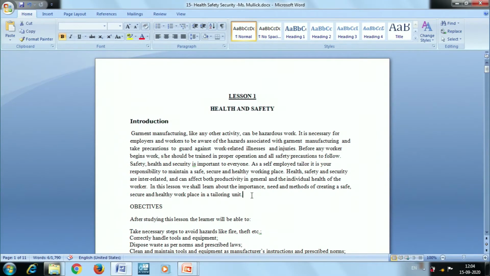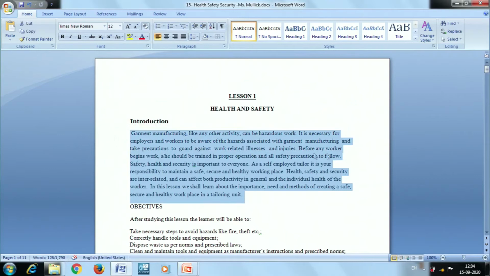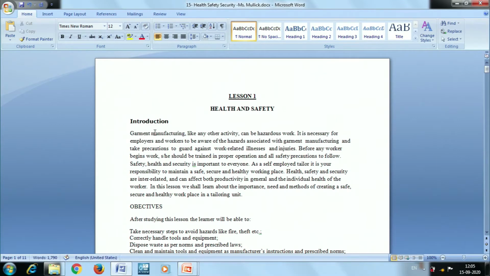Now we will apply styles to this particular paragraph. Suppose you are writing this paragraph in a document, or you are planning to print this document. You just see here on the right side the contents are not aligned properly. On the left side, as per the margin, the contents are aligned. Here one space is there, so I am deleting it. Now it is aligned as per the left margin, but here the right margins are not properly used and the contents are not as per the margin.